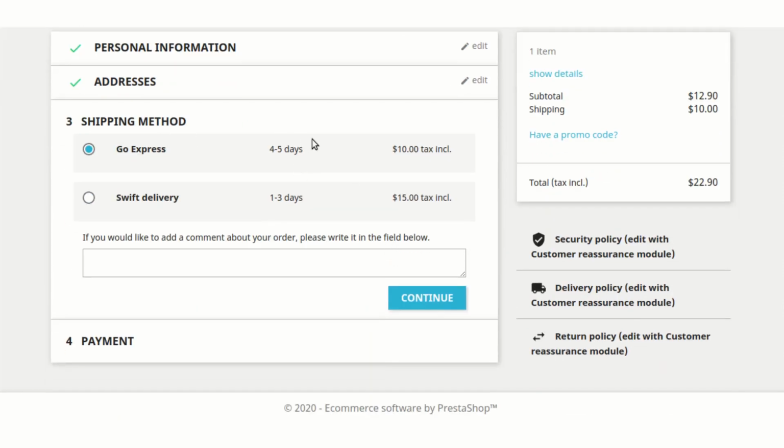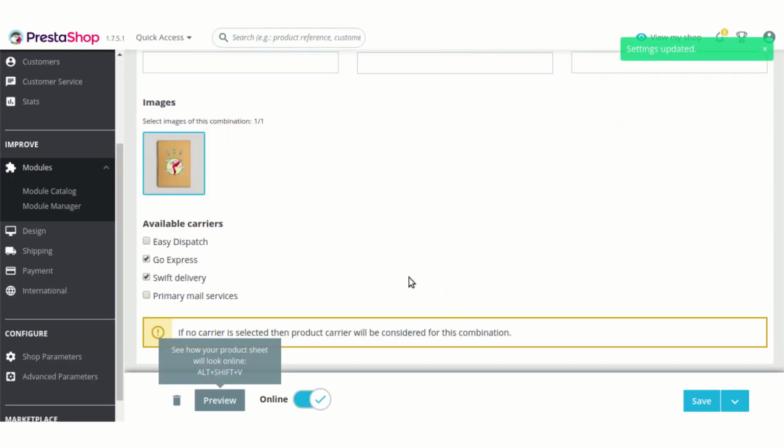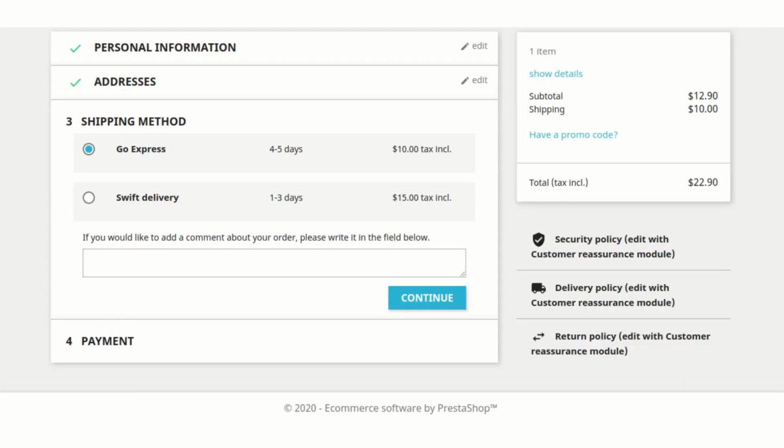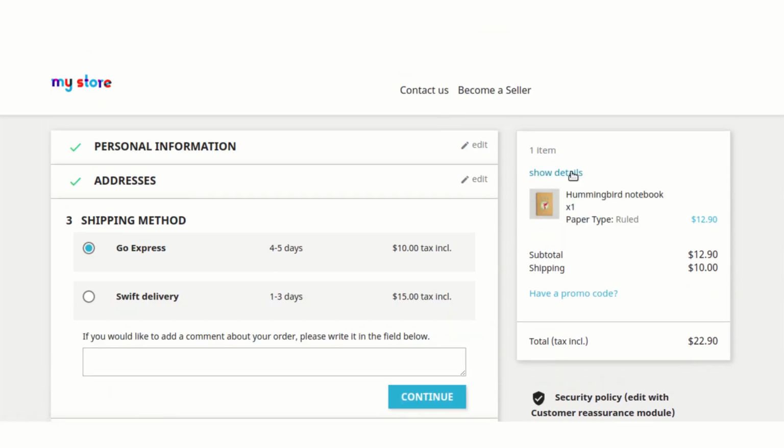As you can see on the shipping section, now only 2 shipping methods are available to choose, irrespective of the settings which we have selected for all the combinations, where we selected all the shipping for all the combinations of the product. Even then, this particular setting of the combination, these 2 particular carriers, will only be available if you order this particular combination that is ruled.